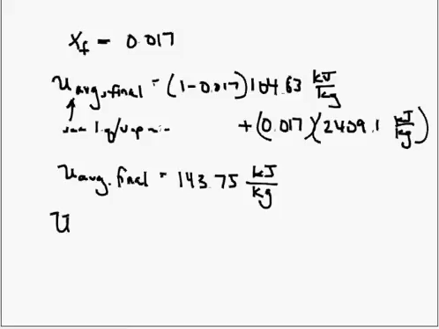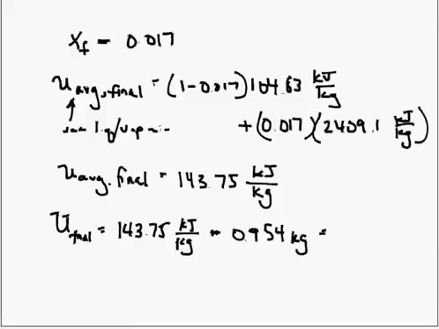And our total final internal energy equals that 143.75 kilojoules per kilogram, times the mass of the system, which to remind you is 0.954 kilograms. And so our final internal energy of our system is